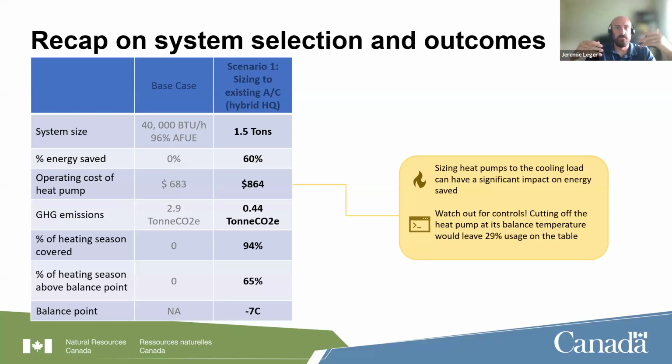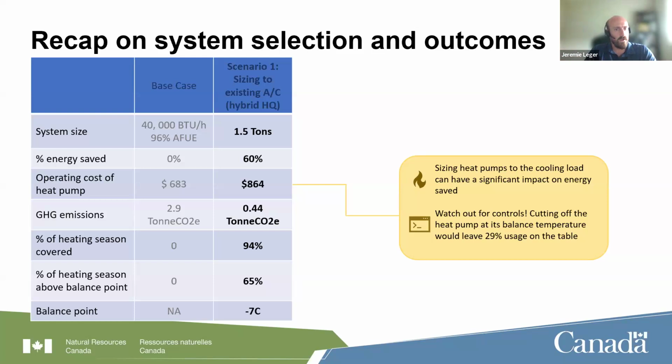A common way of sizing heat pumps is to size to the cooling load. So seeing the heat pump more as a cooling device rather than a heating device. So we've taken a look at what if we size that system that way. So this is a 1.5 ton system. In this case, that would be selected, and we'd get roughly 60% energy save from just on the heating side from this system. So not too bad already, just starting off with a heat pump that's undersized for the heating